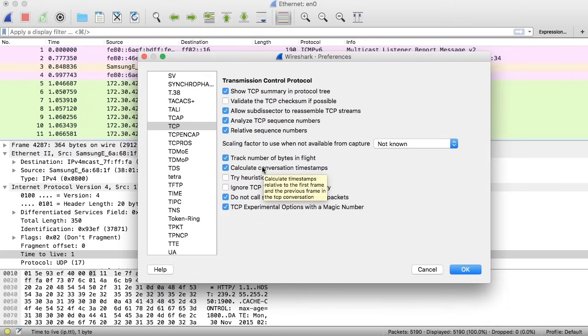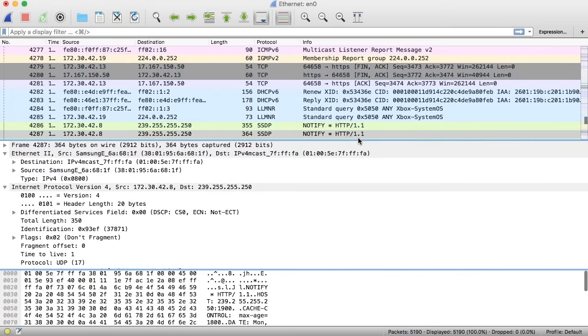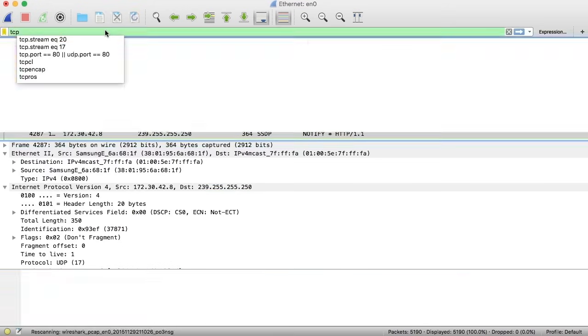And so what Wireshark is going to very helpfully do for us is figure out the time differential between when it saw the first message within a particular conversation. And so we'll get the differential between those two, and it will also calculate the differential between the message we're looking at and the very last message in the conversation, or the one just previous to the one that we are looking at. I can click OK here, and now if we just apply a filter here, so I'm only